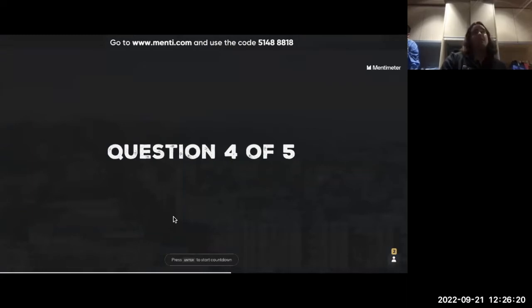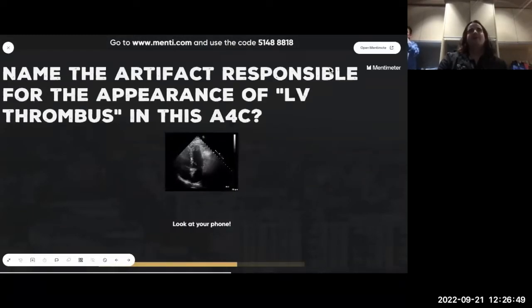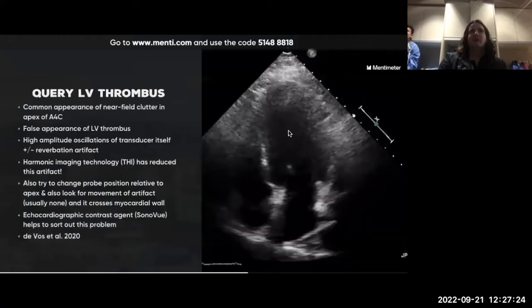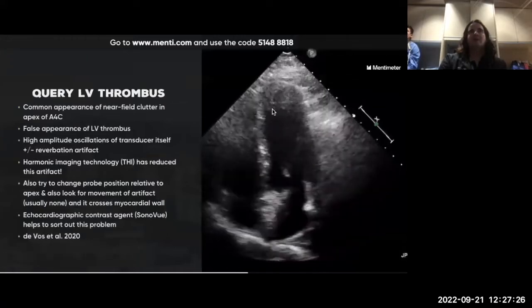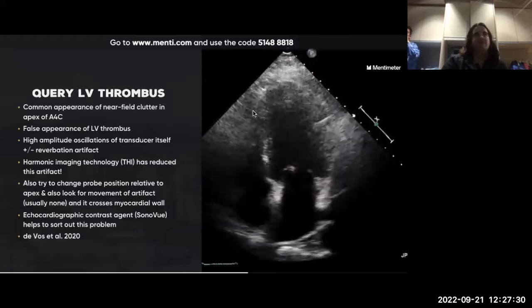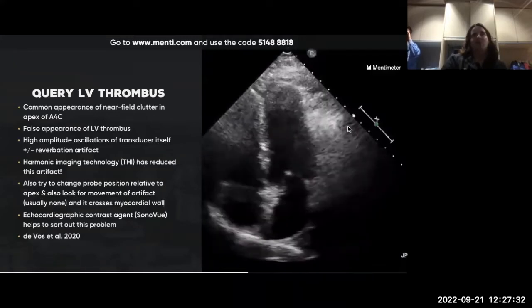Question 4: Name the artifact responsible for the appearance of LV thrombus in this apical four-chamber. Reverb, near-field clutter, acoustic shadowing, or ring down? Okay, so near field clutter, very, very common, especially in these apical views, gives you this false appearance of an